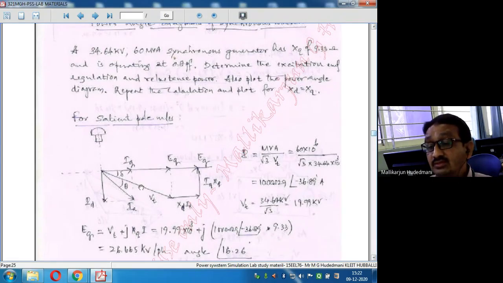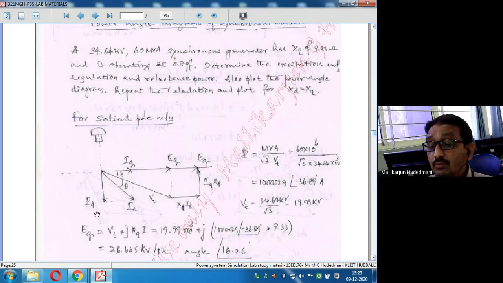That we'll see soon. It means I came to a point from the terminal voltage of the machine. When I add the vectors of drop due to direct axis and drop due to quadrature axis, and join that point with the origin, I get a vector called the excitation EMF or internal voltage. Then at the tip of this Vt, if you take this projection, you can see another point over here, Eq.